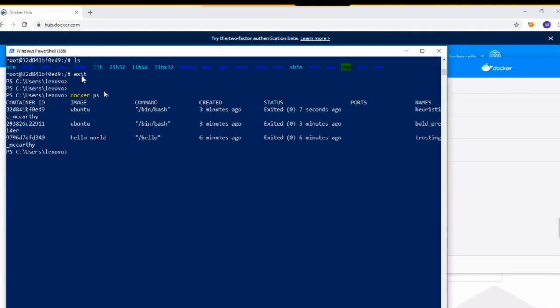You can see we have done exit here and we came out of that container, and then again we ran the docker ps -a command, right? Now we can see the three containers with different images, and all are exited, right? But if we run docker ps, we will not see any container here. Like this, we can use Docker Desktop.